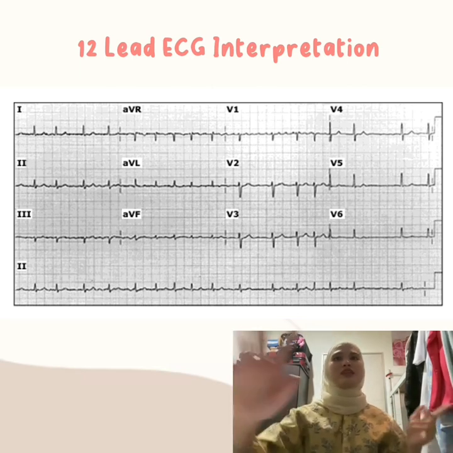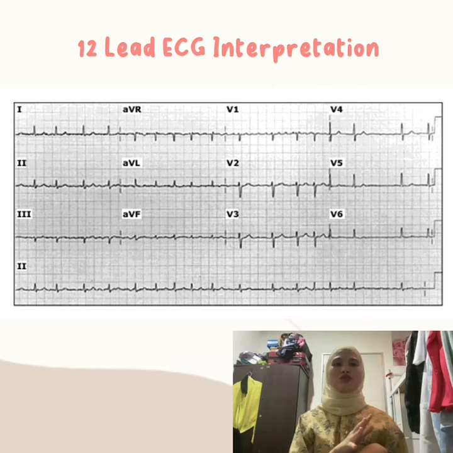So the first one, since atrial fibrillation shows that there is no P wave, it means that it is not sinus rhythm, as the P wave is not followed by QRS complex and T wave. Second one, one of the criteria of atrial fibrillation is that the rhythm is irregular. So in this ECG, it also shows that it has irregular rhythm, as the distance between the RR interval is not constant, and the rate